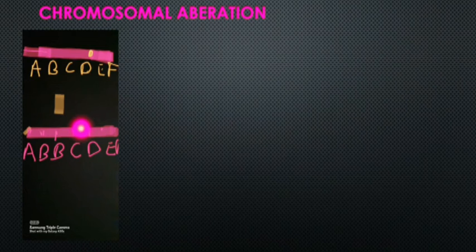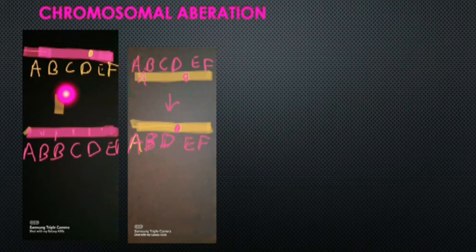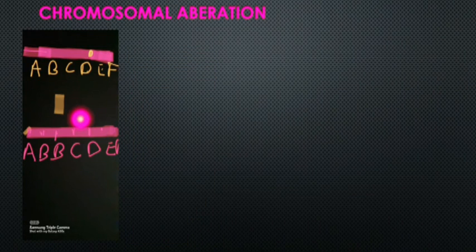First one is deletion. Deletion means, suppose here A, B, C, D and E, F. Here A, B, C, A, B and B, C, D, E. That is the B. The B has entered extra into that chromosome, and this is called duplication. So it is duplicated, that is the B is duplicated, more B gene has entered into that segment, and this is called duplication.